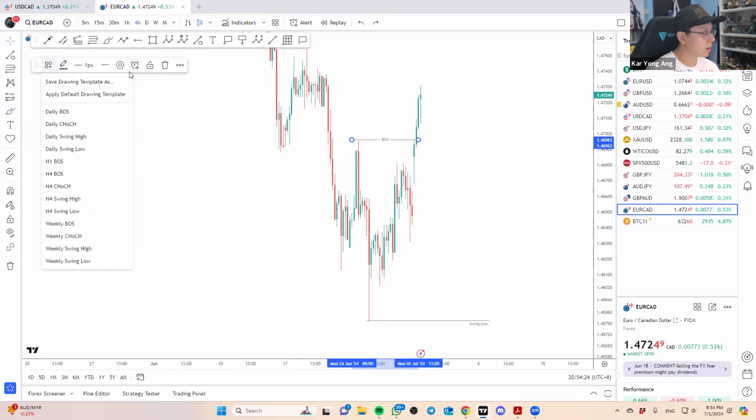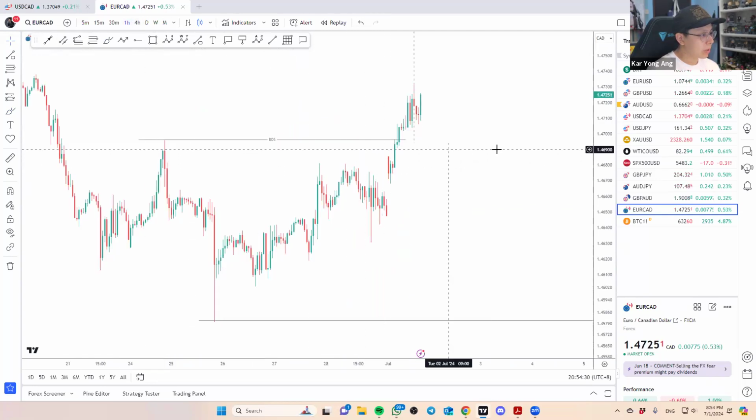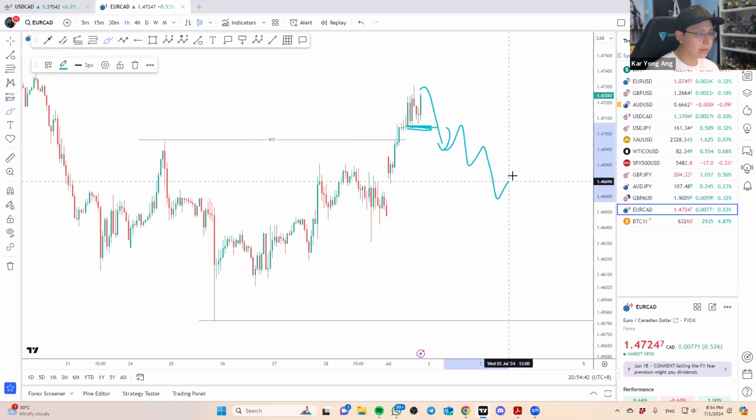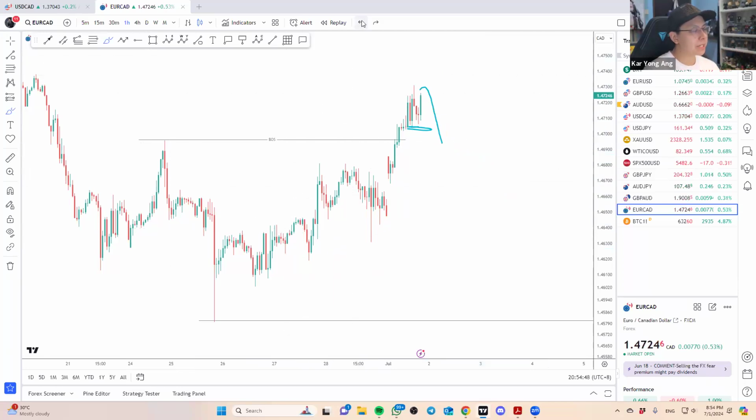Can you follow? So this one, let me just very, very quickly show it below as well. So that's the breakout structure. Now, this is some sort of an internal low, right? If the market can break and close below that internal low, that's a change of character. It indicates a potential pullback is starting. Can you follow? Where this pullback may potentially terminate,